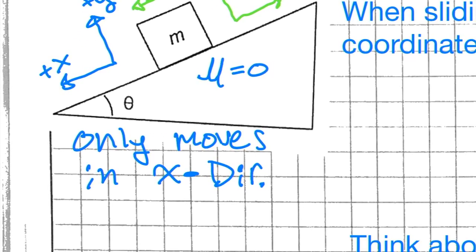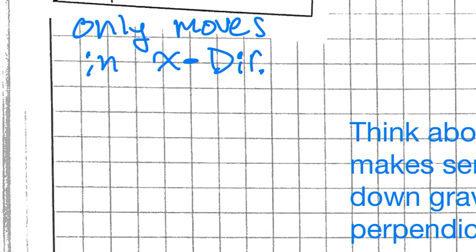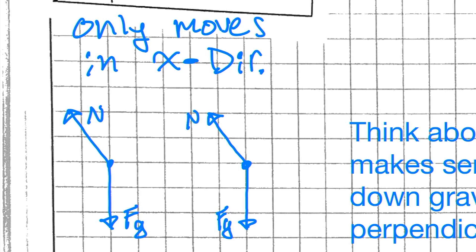If we make a free body diagram here, what's a free body diagram going to look like? Well, we're going to have the force of gravity straight down, and then the normal force comes off at an angle. And if I break this into components, I'll still have Fg going down. The normal force will be like this. And then to break this into components,